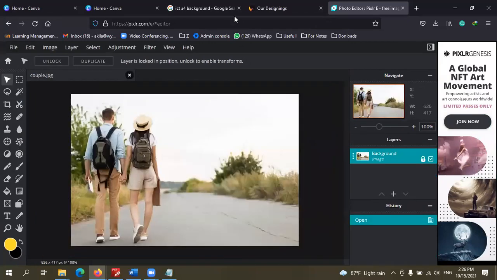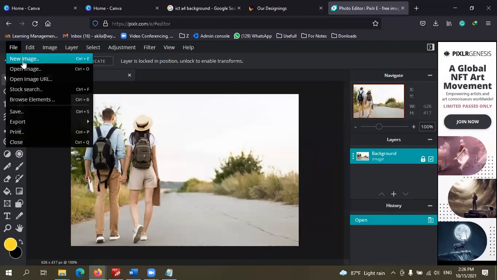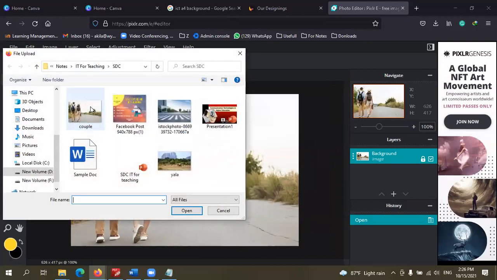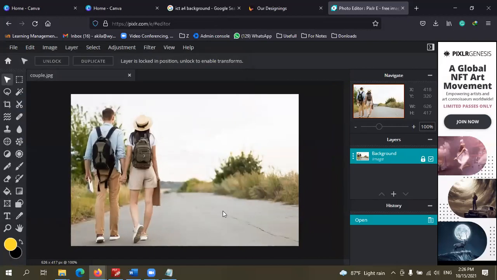Right, everyone. I want all of you to stop enhancing the previous image and now just open this image, right? What you have to do is just go to File, Open Image, and then select the image in the folder and then click Open.